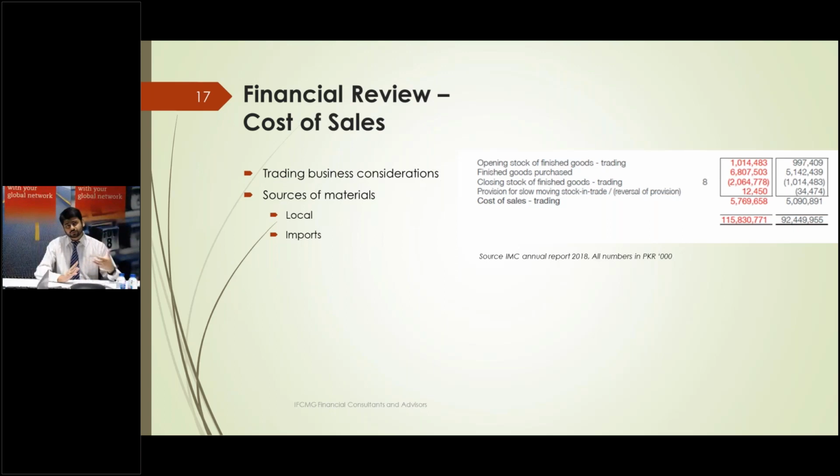So coming back to Indus Motor Company, we can conclude that the majority of their raw material is sourced from abroad. So the foreign exchange policy or the foreign exchange rates carry a lot of weight in their decision making, and as a company we need to then take measures to counter that negative impact.